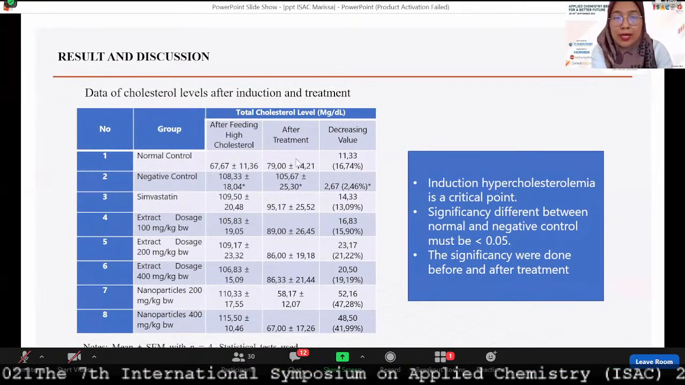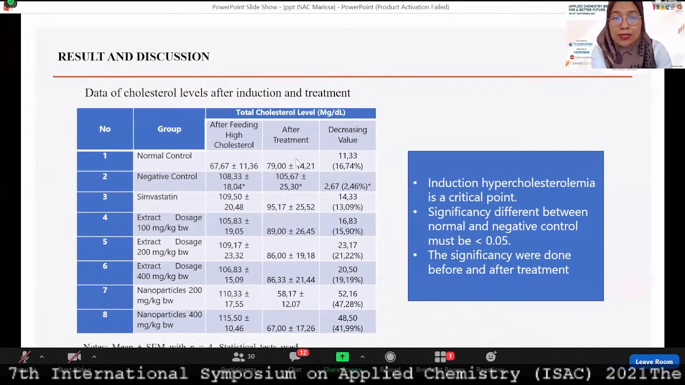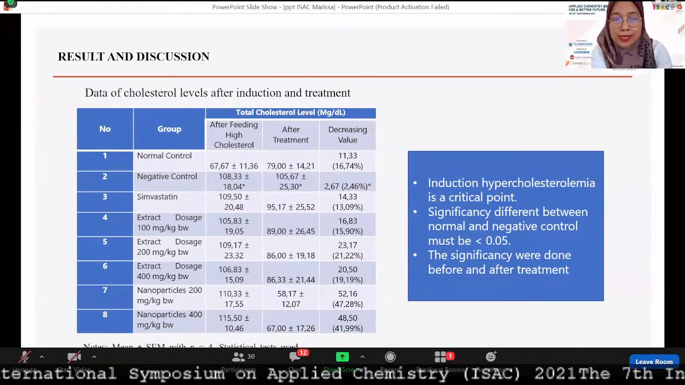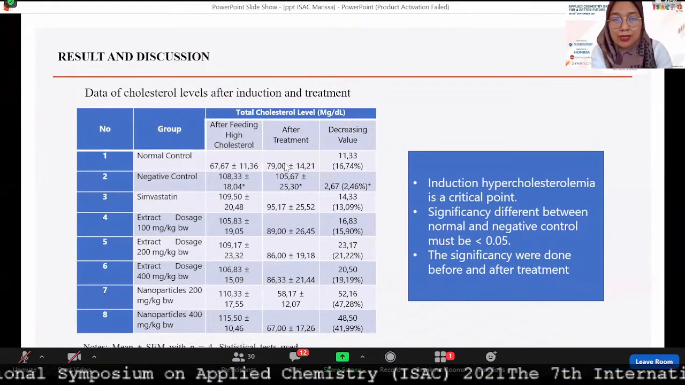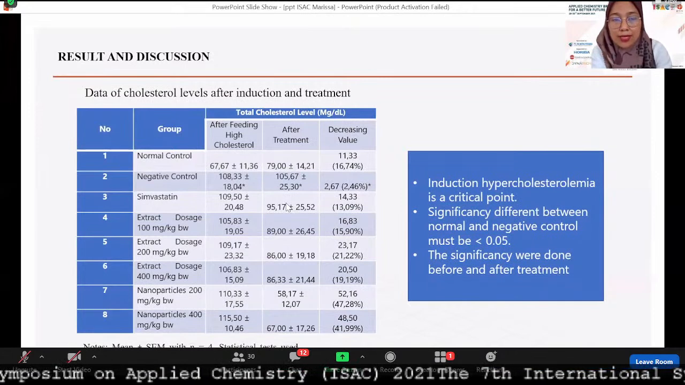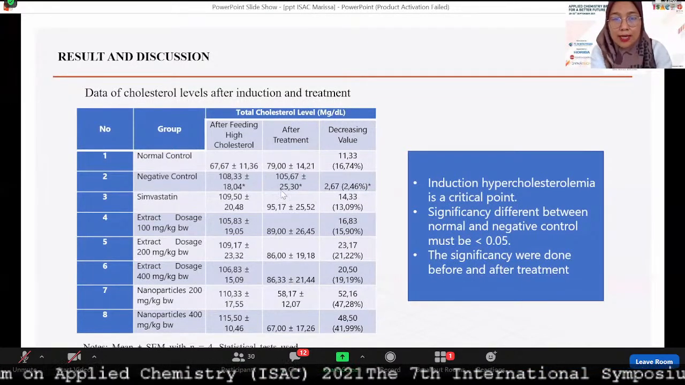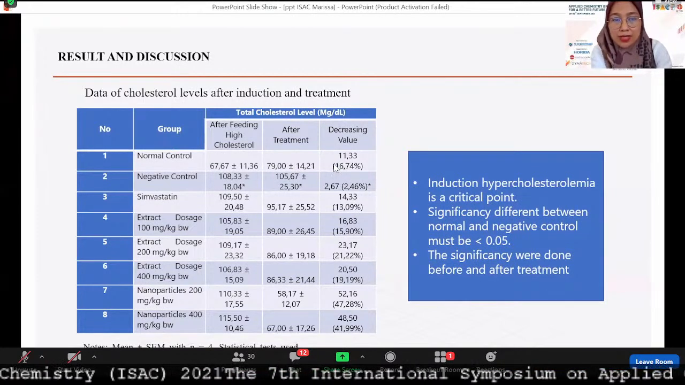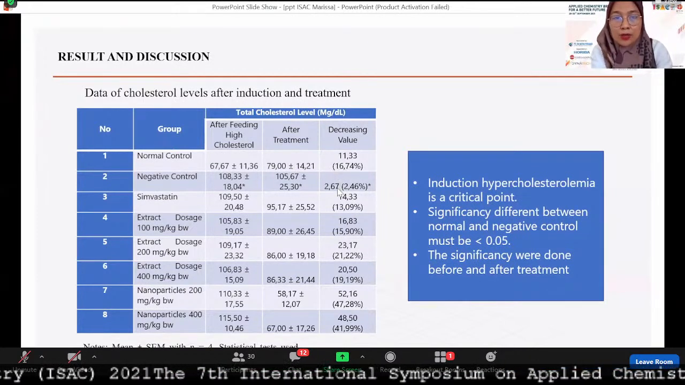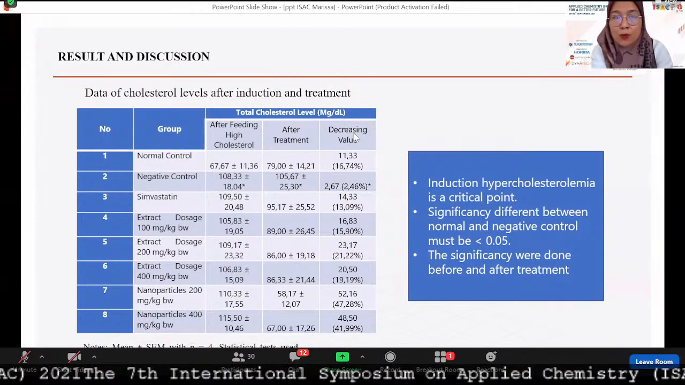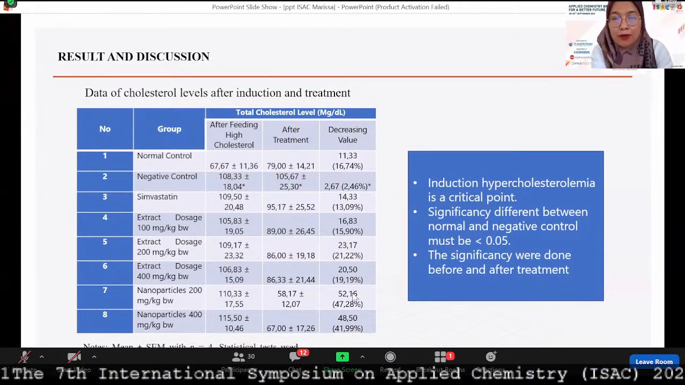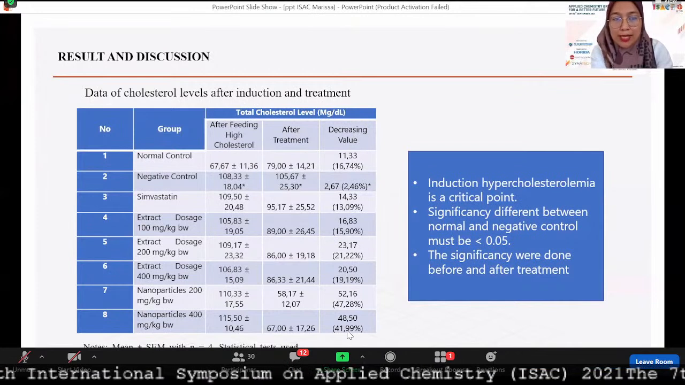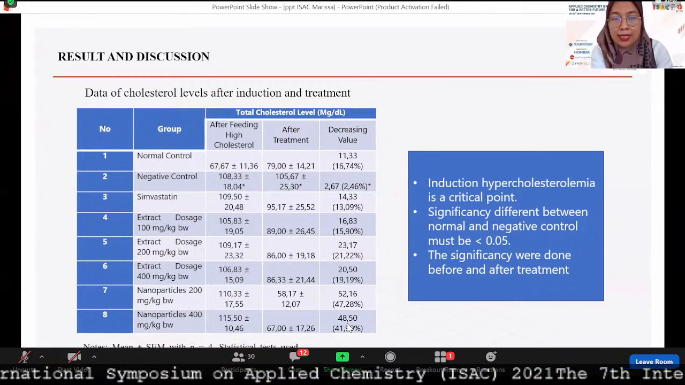After then, we give the extract and also nanoparticle for 14 days, and we can see there is a decrease of cholesterol level in the serum. Actually, the normal control also shows decreased cholesterol and also negative control, but we calculated the percentage. From the percentage, we know that nanoparticle